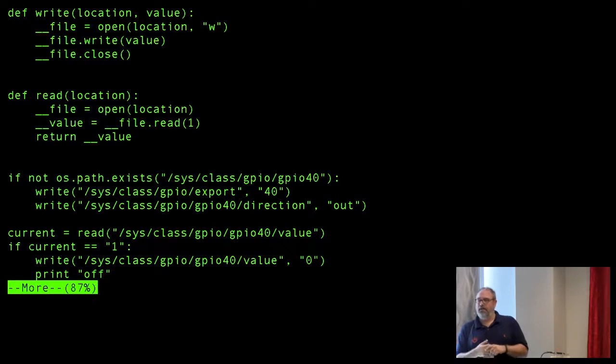Question? Isn't there on the Pi a GPIO module? So there is a module available from PyPI, RPi.GPIO. Thank you. And it's basically just interacting with the file system at its root level from a C level, with the exception of what it's doing for incoming data, which is a thread, which can be ugly if you have a bunch of them and they're all having their own threads